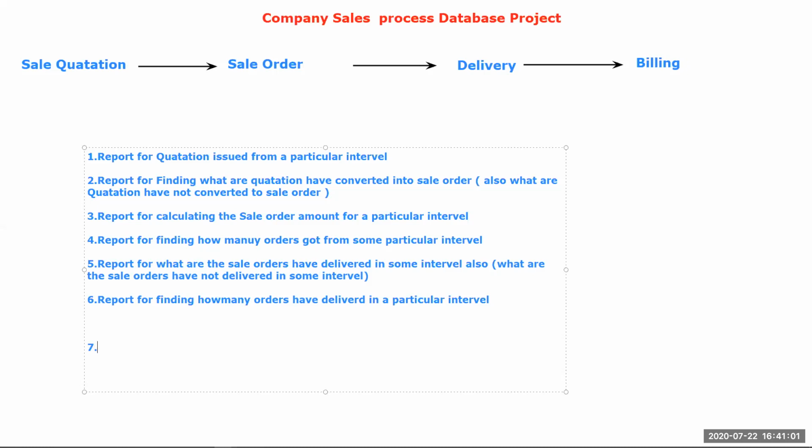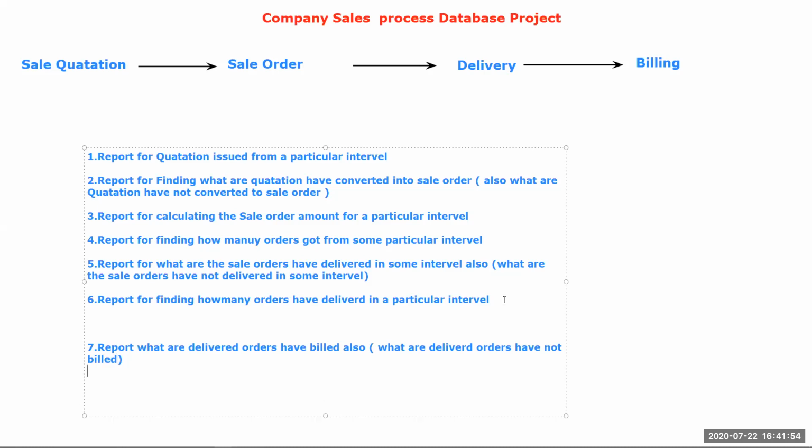The seventh one. So the report for what are the delivered orders that have been billed, okay, and also what are the delivery orders that have not been billed. Okay, then finally